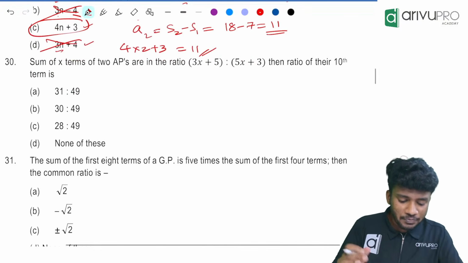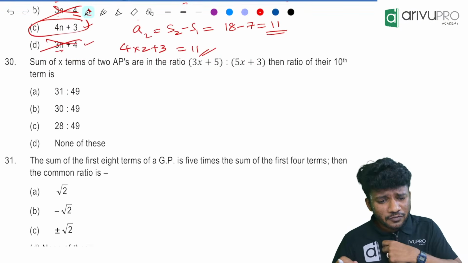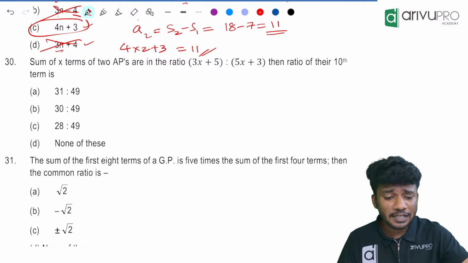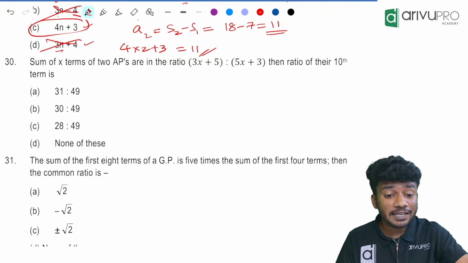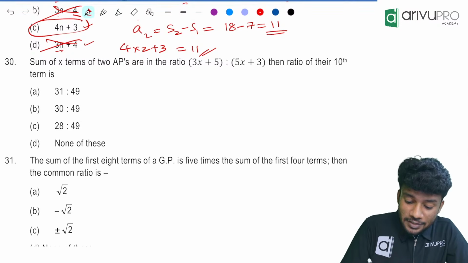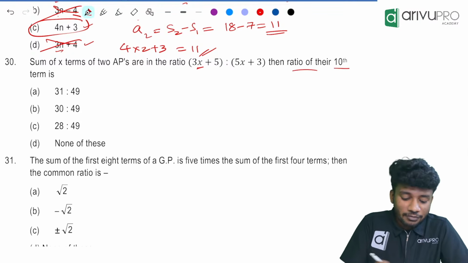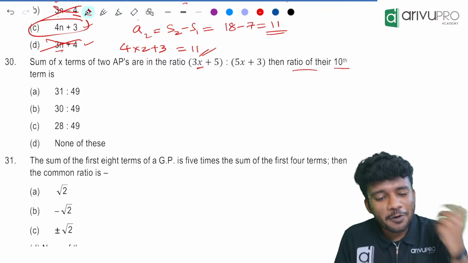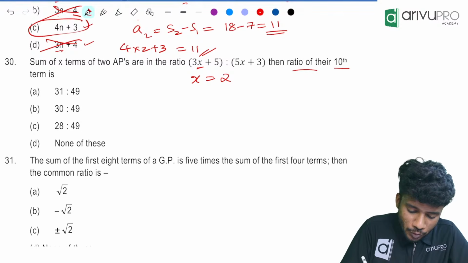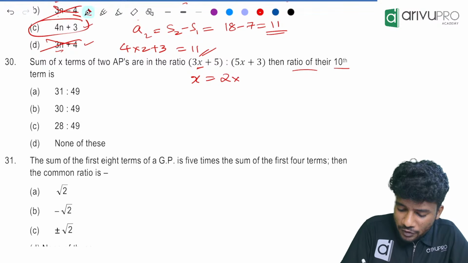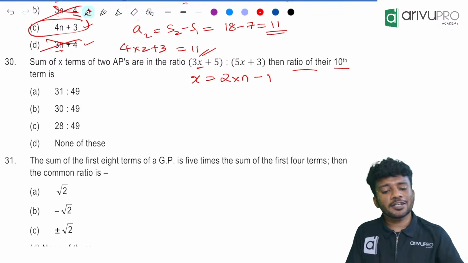Next question, people. It is a shortcut we can use over here. Without the shortcut, it will be very difficult. We have discussed the shortcut part in the class also. Whenever the ratio of the 10th term or something is asked, instead of x, you will put 2 into the given value, for example, 2 into n minus 1.